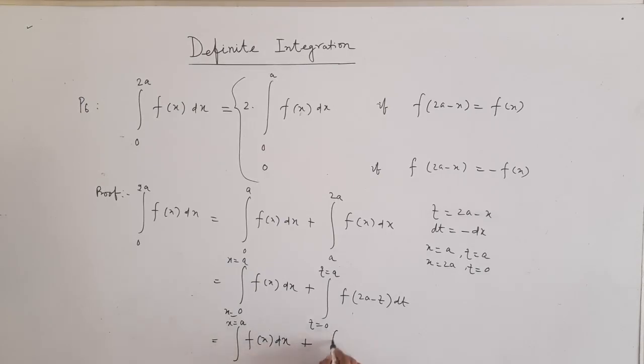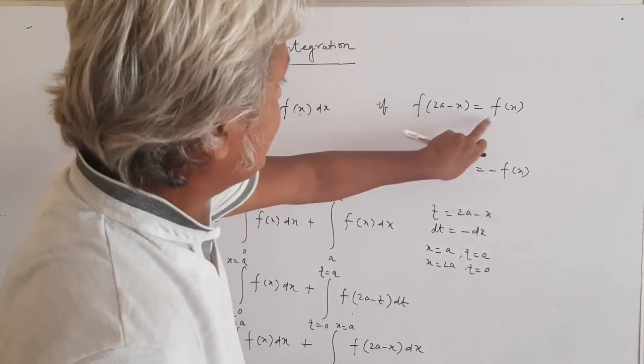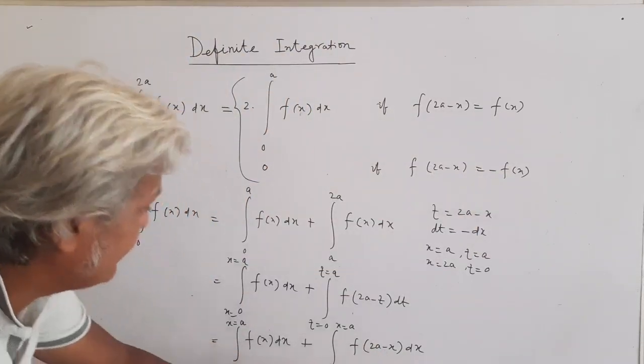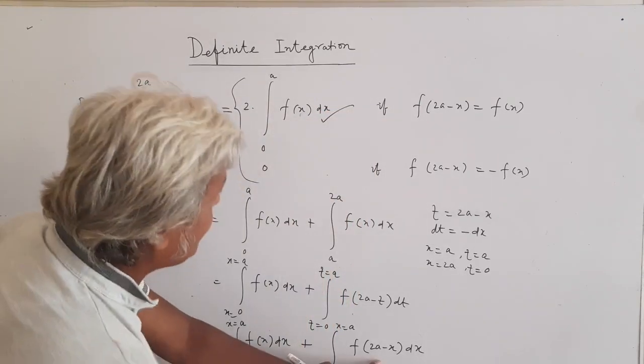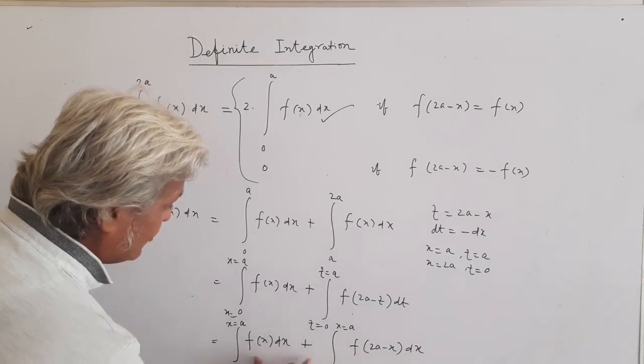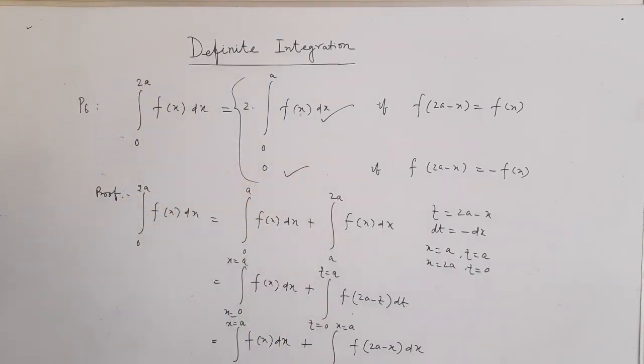f(x) dx plus here I change the variable from t to x using property 2, that the integral from a to b of f(x) dx is the integral from a to b of f(t) dt. So here it becomes x from 0 to a, and we can write it as f(2a minus x) dx. Now just check out the condition. If f(2a minus x) is f(x), these two will be added up and they become this. If f(2a minus x) is minus f(x), then these two will cancel each other and this answer will become 0. I think I made myself abundantly clear.